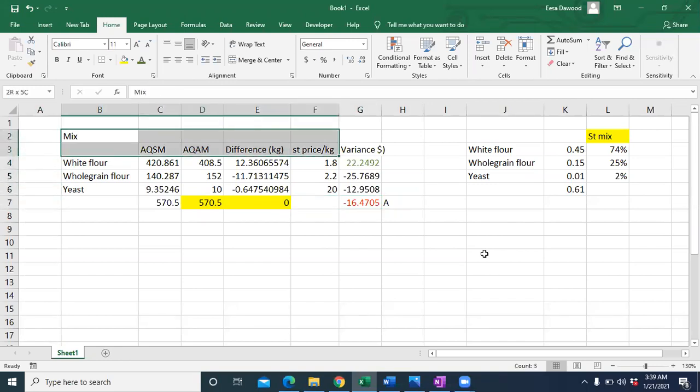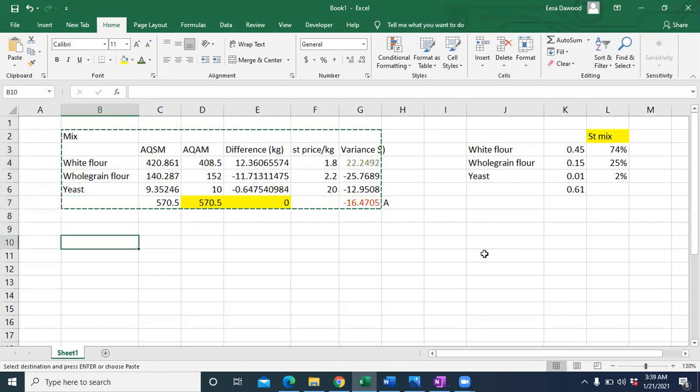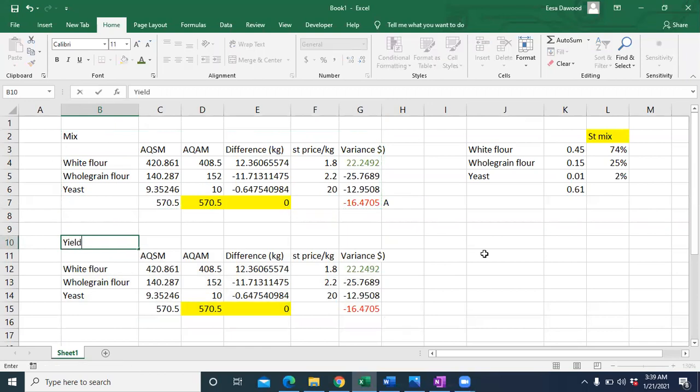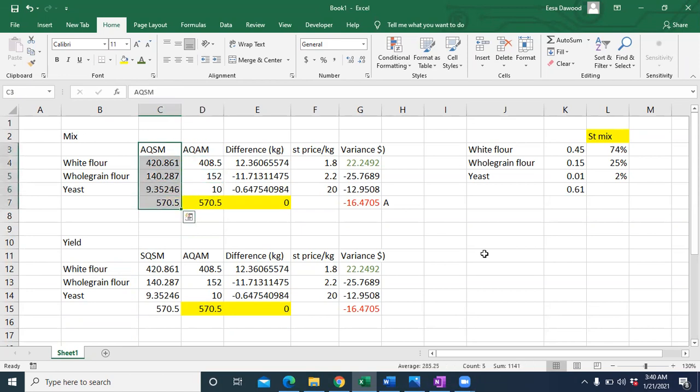Okay, next I need to calculate the yield variance as well. I told you a few columns are the same, so I just copy-pasted them down there. I haven't done anything else. I told you yield variance is standard quantity in standard mix, and you compare it with the first column of this, which is the same as the second column of the yield.